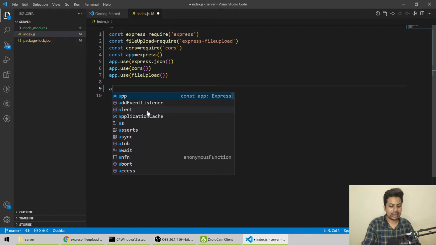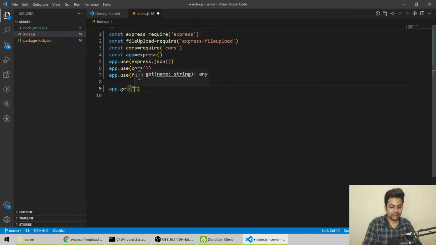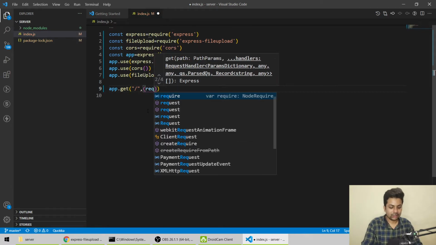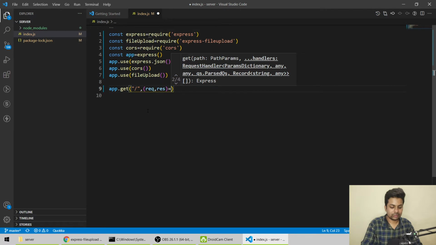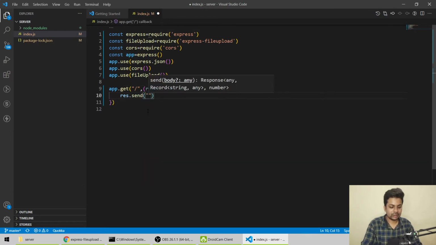Firstly, let's check whether it's working or not. App.get, request, response, res.send up and running.